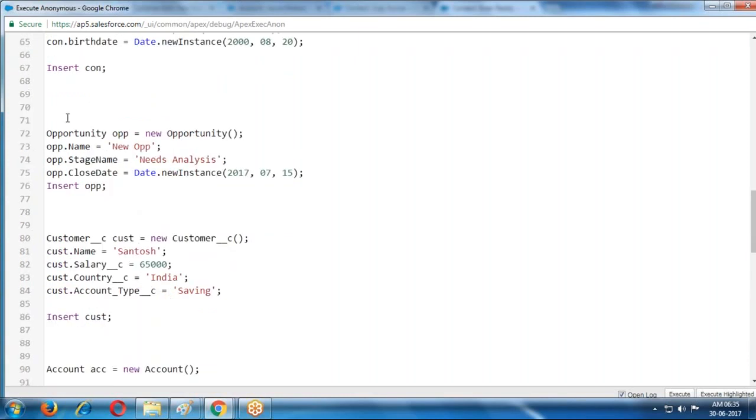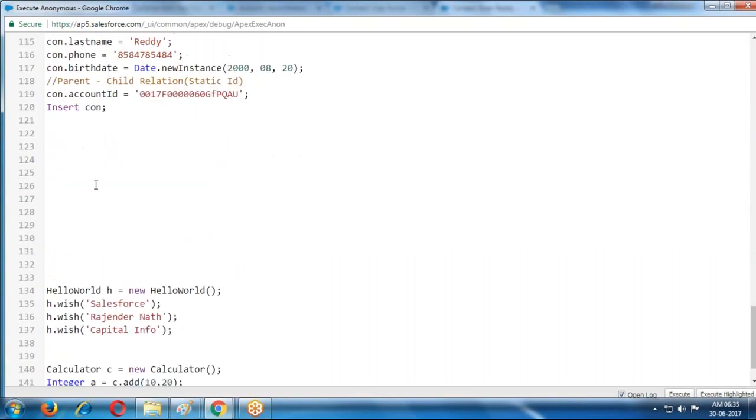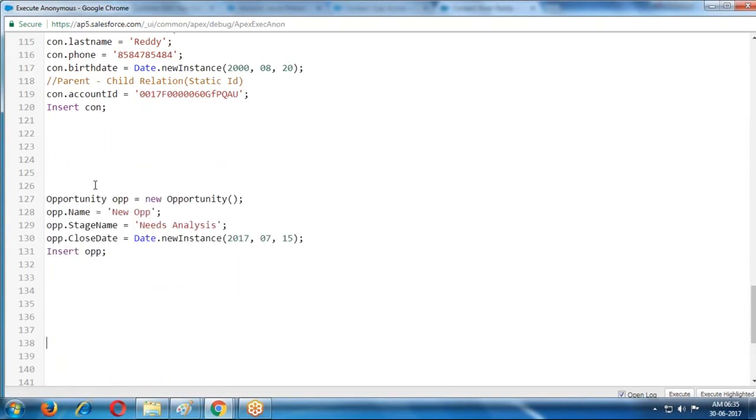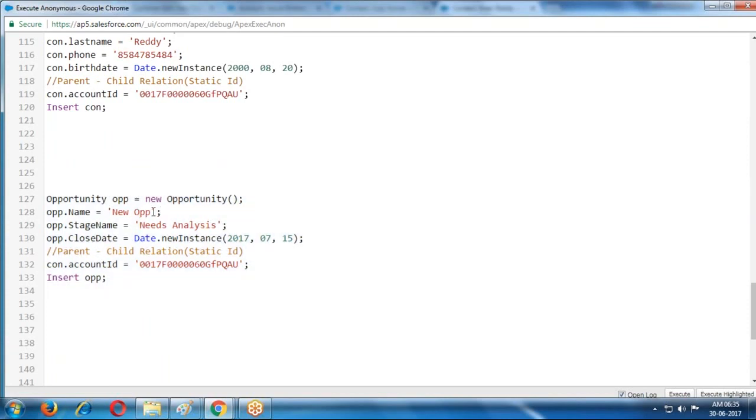Suppose we have opportunities there. In the opportunity, the parent-child relation, I pass the same value for the existing opportunity, the mobile opportunity.